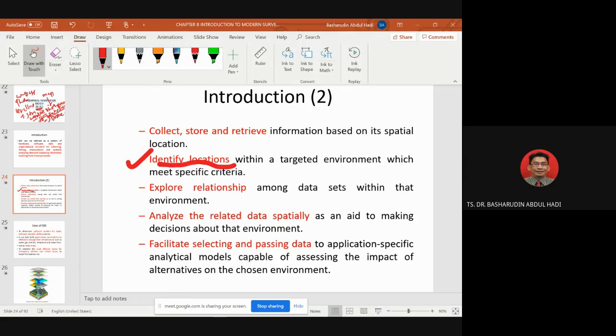Through GPS we can also explore relationships among data sets within that environment. For example, I was doing management of slopes. You know what happened when we were doing drones. I take it from my students. We discussed the drone data about Cameron Highlands. We can see that they have similarity. The places very prone to slope failure